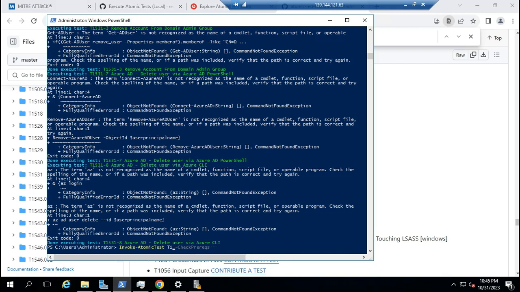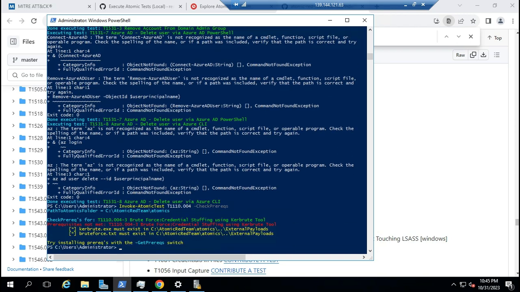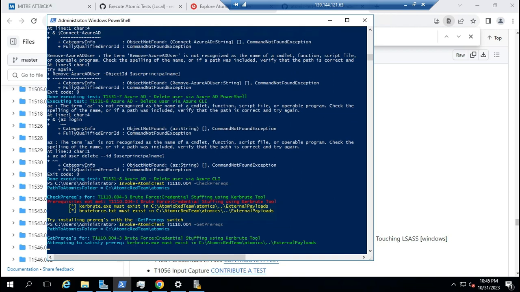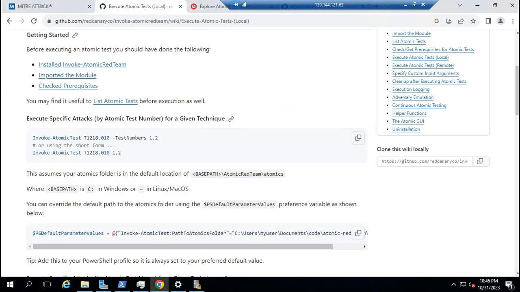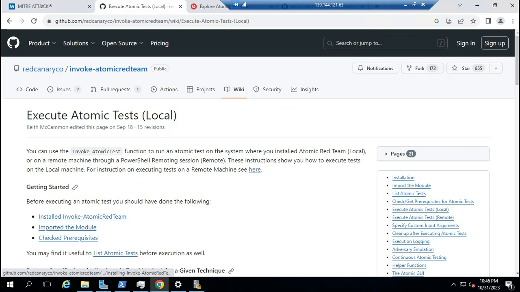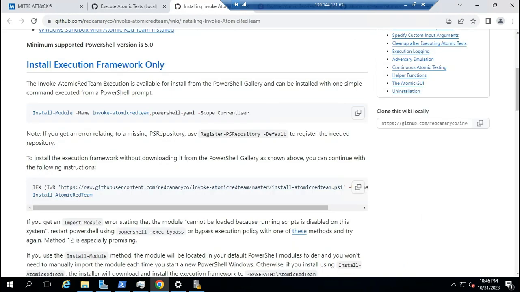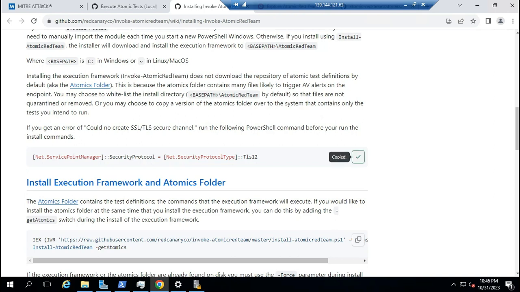Okay, don't forget to check the requirements before you run. Yeah, like this. So we download the requirements first. Okay, I think there is some error again, could not create SSL, or maybe we can take this secure SSL. Wait.